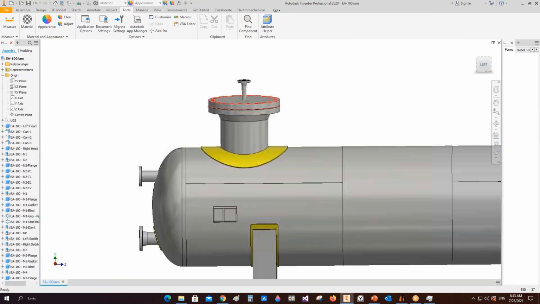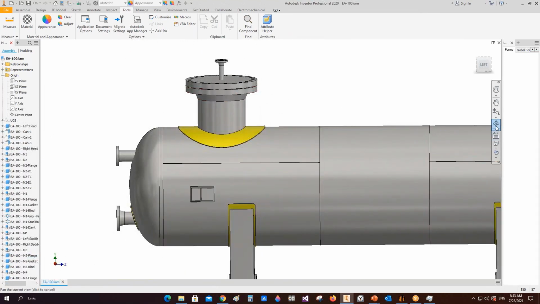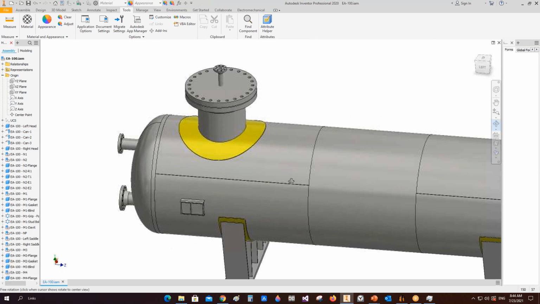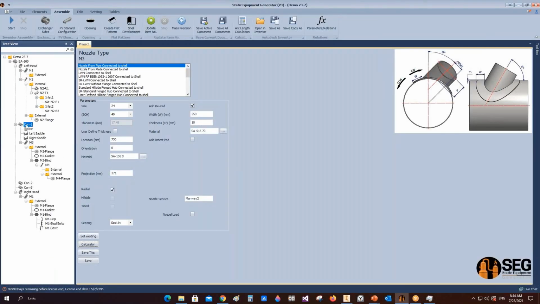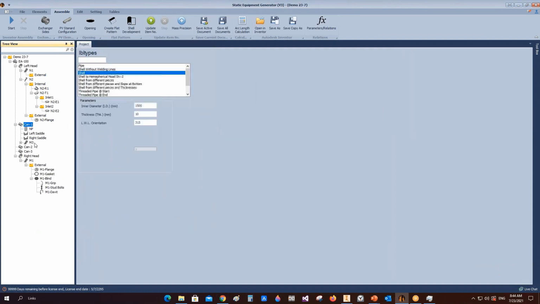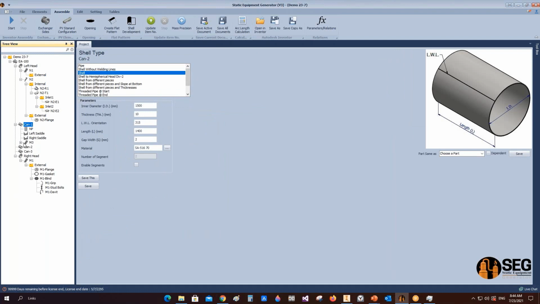Now we have this nozzle on the shell like this. Now let's add some stiffening ribs on this nozzle. So let's select the main element, which is the shell. Okay, we have a nozzle in CAD 3, and we need to make some stiffening ribs for this